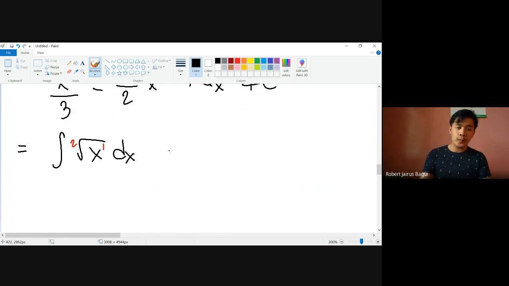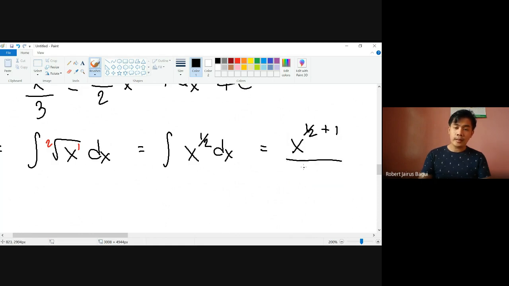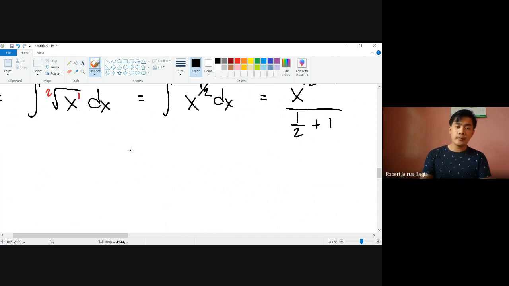And this would be, pwede natin siyang i-rewrite as x raised to 1 half. And following the same formula again, yung plus 1, ganun lang rin ang gagawin natin dito. So this would be equivalent to x raised to 1 half plus 1, tapos 1 half plus 1. So sulat lang natin dito, 1 half plus 1,